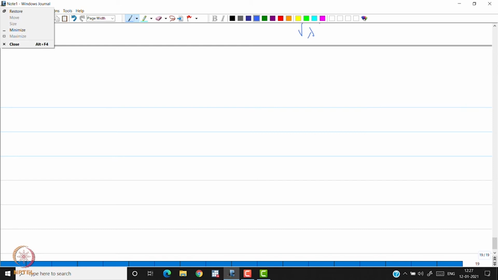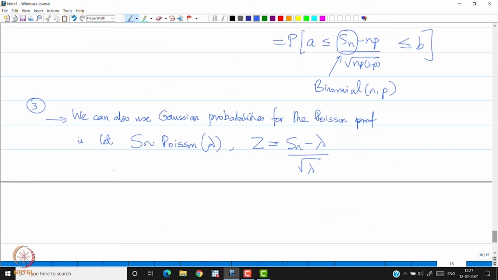One second, let me get that page back. So what does this mean? That the mean of S is equal to the variance of S, equal to lambda. And so we have to subtract the mean and divide by square root of the variance to form this Z. Now I don't have an n here, I just have S. So it's S minus lambda by root lambda. Why is the CLT even applicable to the Poisson case at all? It is applicable because, for large lambda,